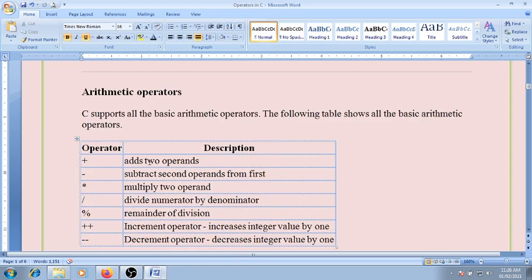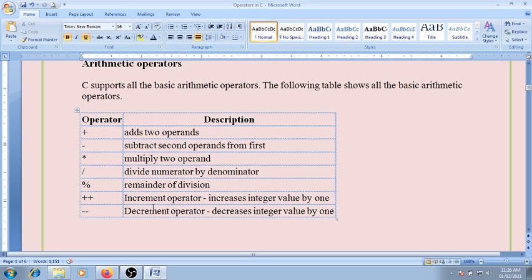First we see what is the arithmetic operator. Everyone knows what addition is, and with the help of subtraction we can subtract one element from another element. All these arithmetic operators are included in this set. The following table shows the arithmetic operators and their descriptions.